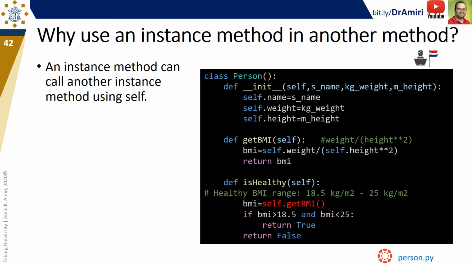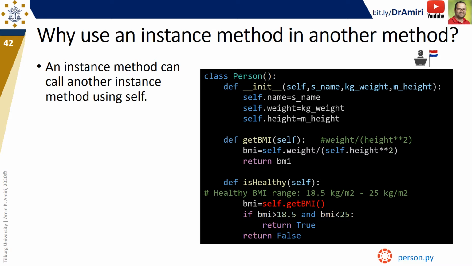Assume that you are asked to add a new method called isHealthy, and this method tries to figure out if you are healthy or not using the BMI of that person. If the BMI is between 18.5 and 25, then we consider that person healthy and we return true. Otherwise, we return false. So most people, what they would do is that rather than just using